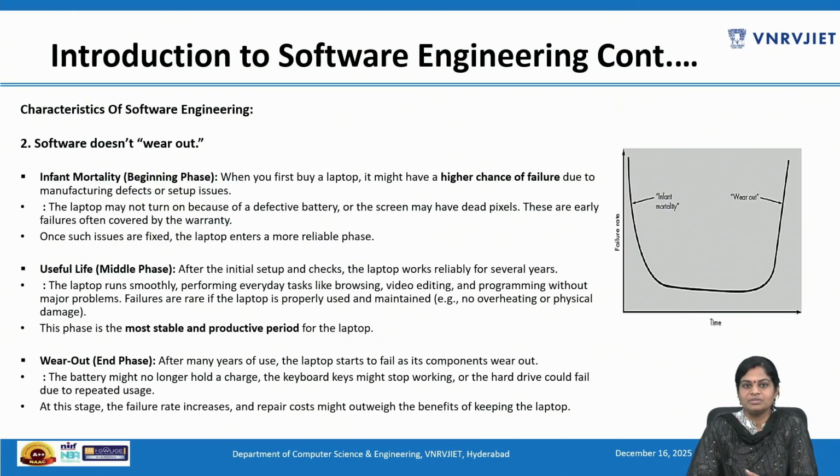So let us talk about the second characteristic, that is, software does not wear out. To understand this, let us take the example of hardware appliances that we use in day-to-day life, like a fridge, mixie, or microwave oven. When we use these products harshly or roughly, or for a long time, they will no longer be in good condition or working order. But during the life of the software, it generally undergoes changes.